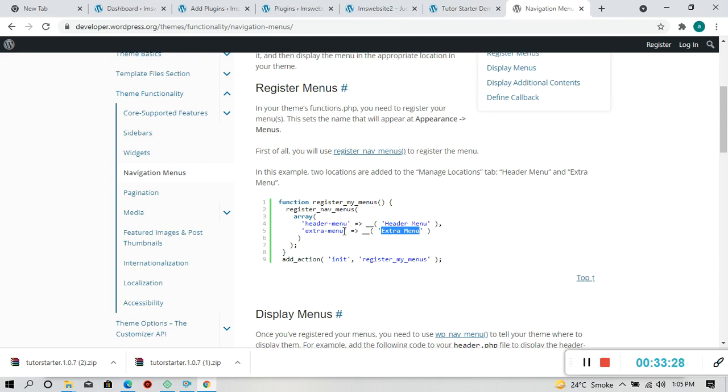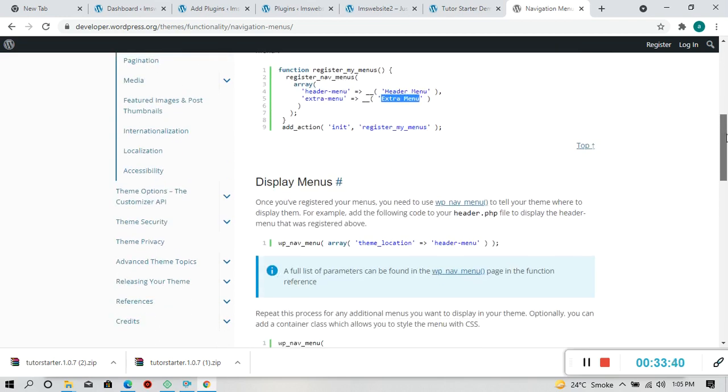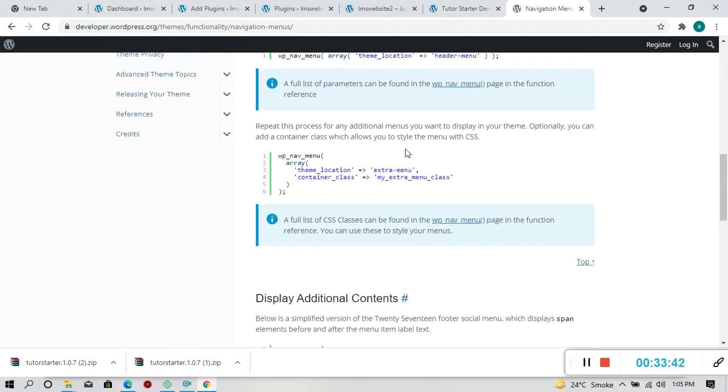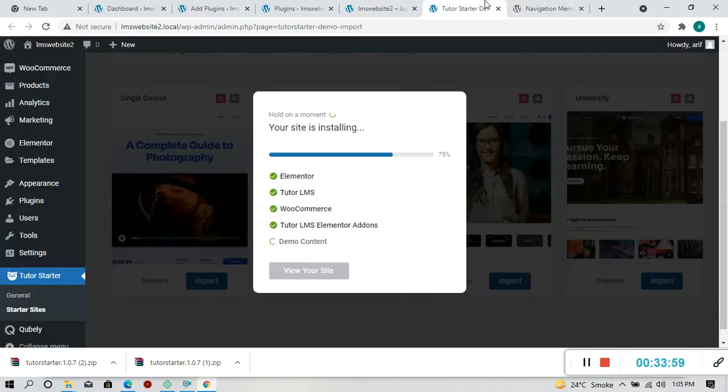So if you want the footer menu, then you will have to replace extra with footer and also have to replace the rest, right? Repeat the process for additional menus. If you need more than one menu, then just again copy the code and paste it inside the functions.php, right?